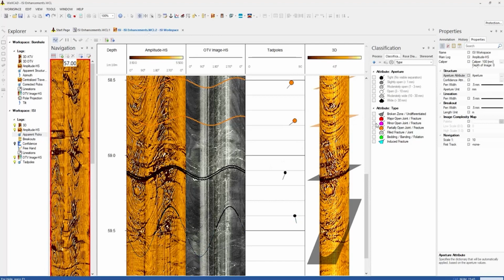Let me apply a classification to that feature so we can see this a bit more clearly. So we are still showing a full sinusoid, but the visible part is a solid line and the non-visible part is a dashed line. If I have a look at the tabular editor now, how these features are recorded, let me open the tabular editor again,